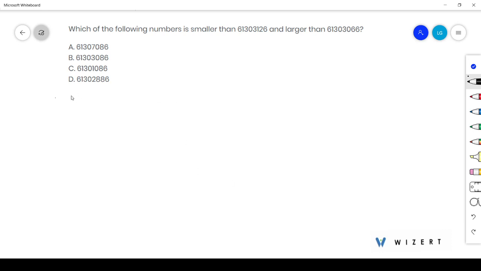Our question is, which of the following numbers is smaller than 61,300,3,126 and larger than 61,300,3,066? Okay. Here, firstly, from the given options, we can observe that option B, option C and option D are